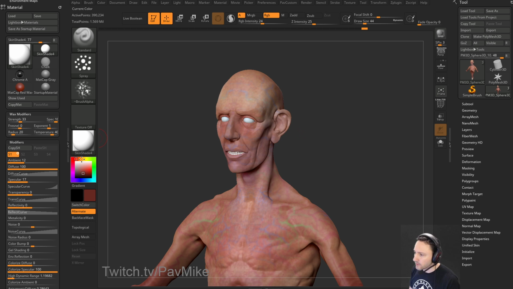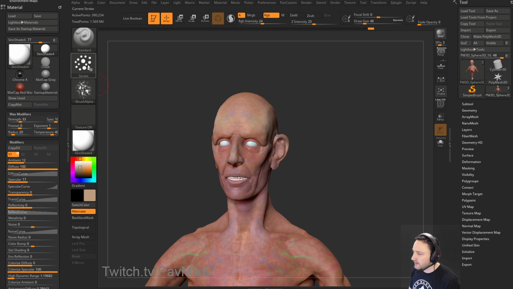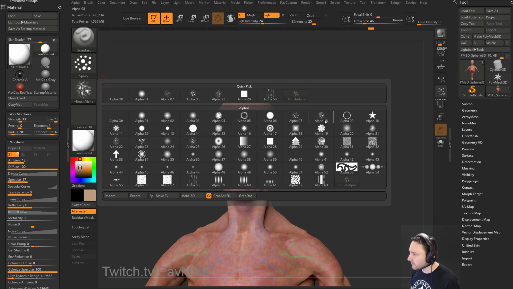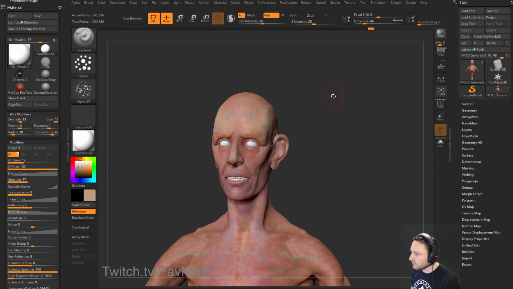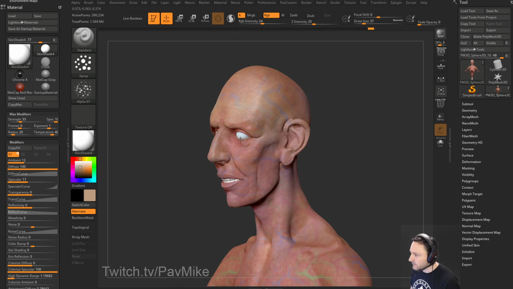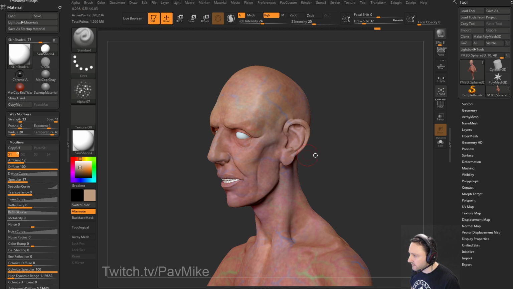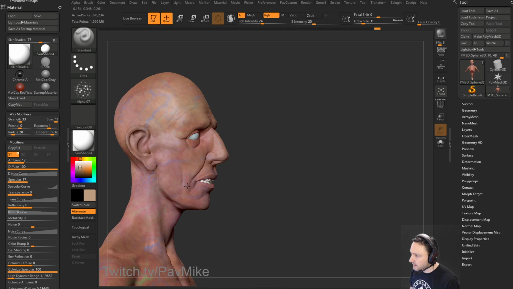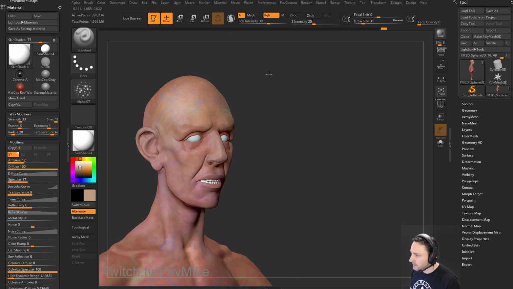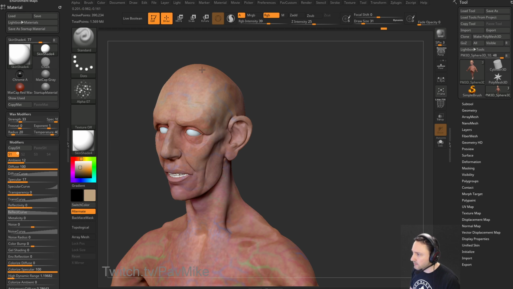All right, and then we'll go back to our skin tone here, and we can take this alpha and tighten it up a little bit, so I'm just going to go in here to alpha 07. It's still a blurry version of this alpha, but the detail is going to be a little bit tighter, and we can actually go from a spray stroke to a dot stroke, and now we can lay in some of those tones. We'll crank up our RGB intensity just a bit here, and so again, a little more golden up here,